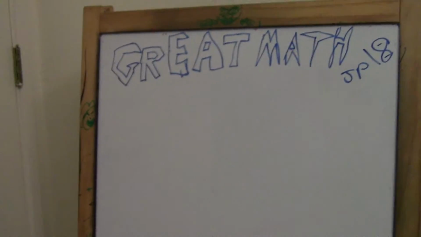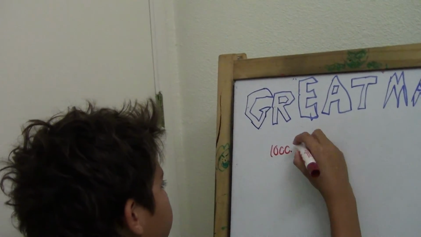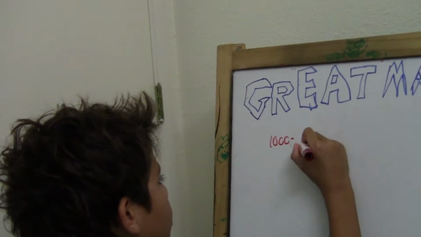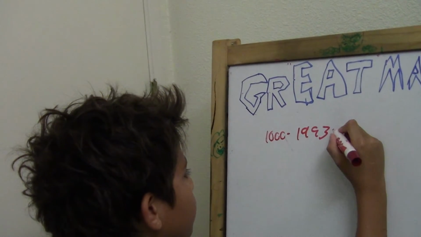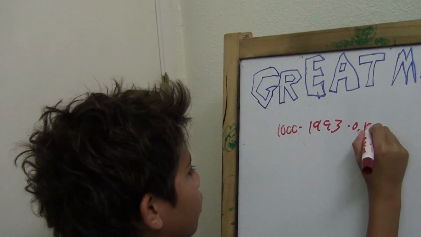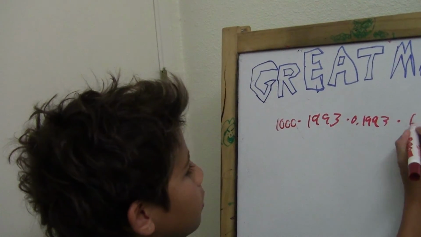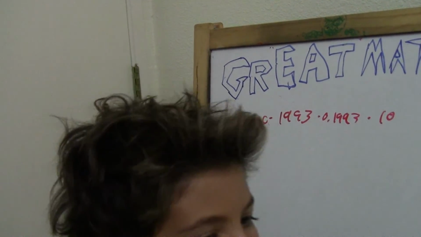Now, we're going to do a different problem. Which of the following numbers is equal to this equation? 1,000 times 1993 times 0.1993 times 10. Choices are,